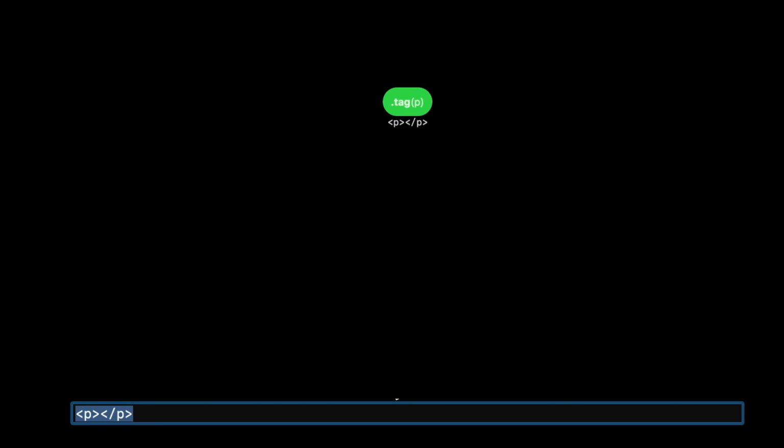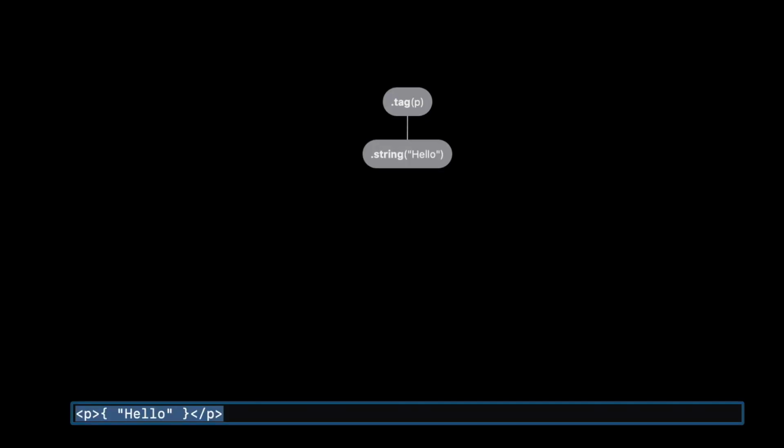Now it gets interesting when we embed strings. So let's say we have a tag with a string embedded in there, hello. Now we want to evaluate this thing into HTML where we have a p tag and then hello inside. So let's see how that evaluates. To evaluate the p tag, the first thing that we need to do is evaluate this string. And then we get out the value hello,